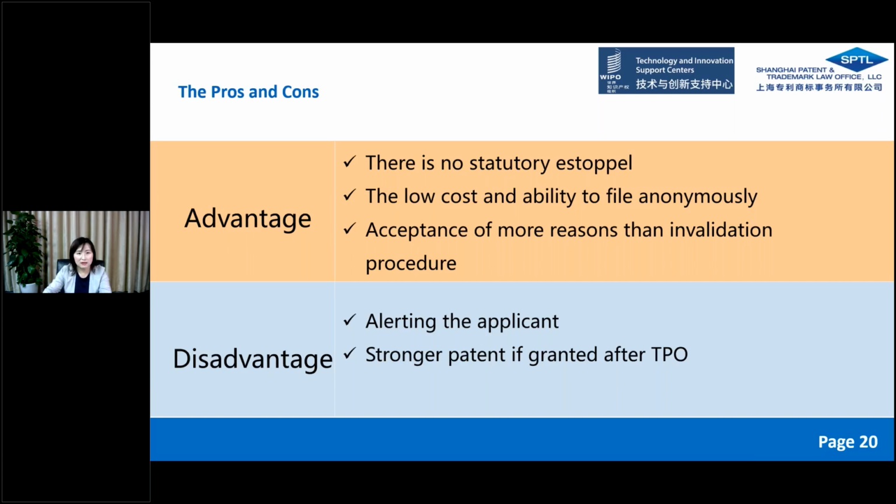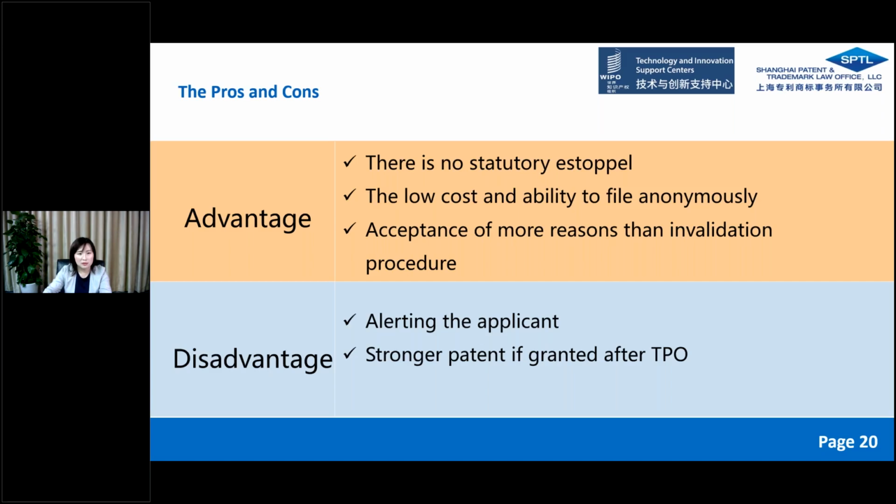On the contrary, in an invalidation procedure, especially in the invalidation appeal stage in court, the requirements for evidence and agency procedures are obviously more complicated, especially for a foreign party. For example, notarization and certification of the power of attorney are necessary. Further, the observation system allows raising some reasons that cannot be raised in the invalidation. For example, the reason for unity cannot be raised in the invalidation system, but is acceptable in the observation system.